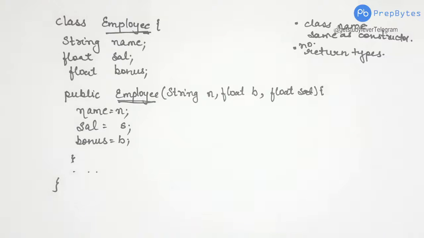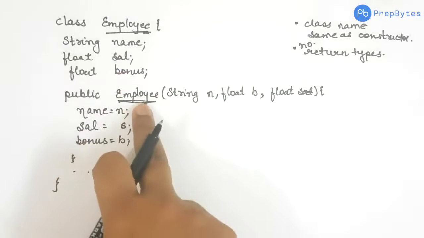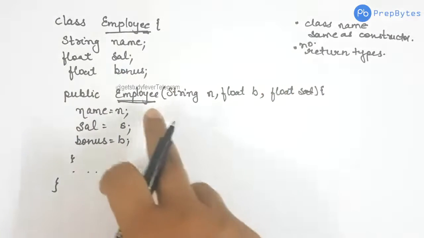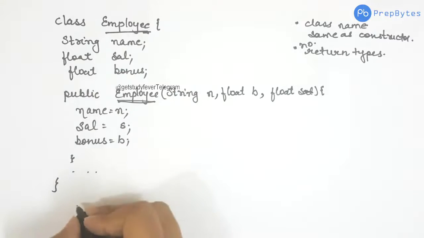The constructor gets called at the very place the object gets created. This is again one of the big differences between normal methods and constructor: you can always call a method, but you cannot call a constructor here and there. The constructor gets called itself when a new object is created. So let's say I have to call this constructor. How do I create the object? Whenever I do this,